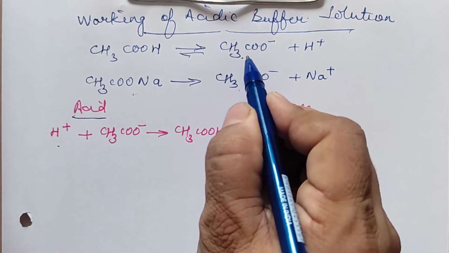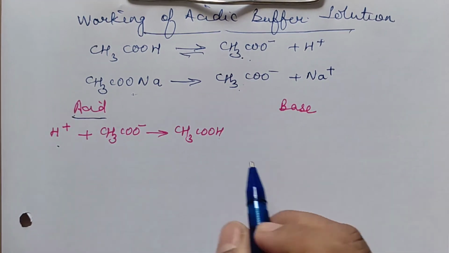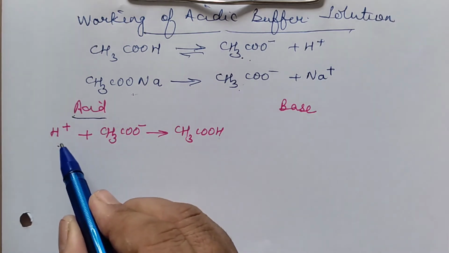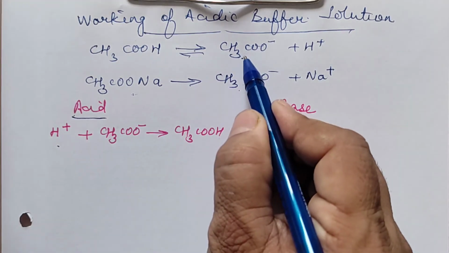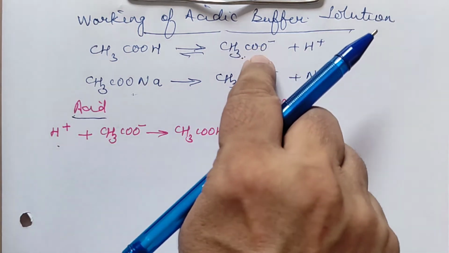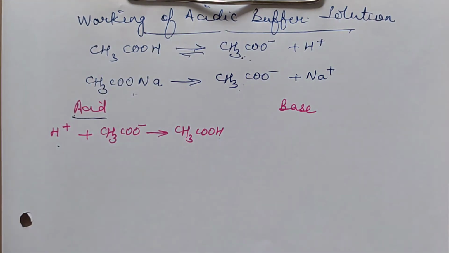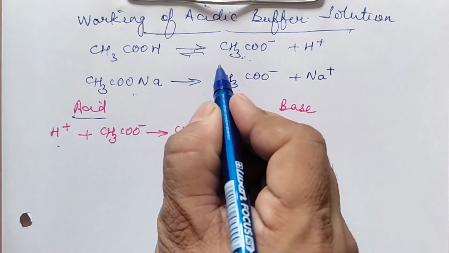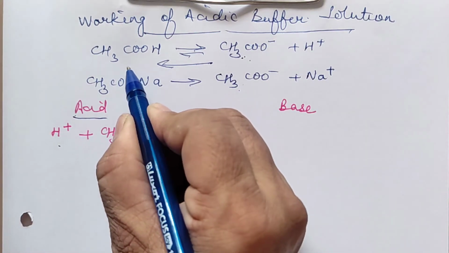So because of the increase in the concentration of H plus, that H plus which we have added now will react with the acetate ion which is available. So this is being used up and this is being used up and it is getting converted into the acetic acid. That means it is moving towards left hand side. So equilibrium is getting affected to some extent, but it is forming acetic acid.